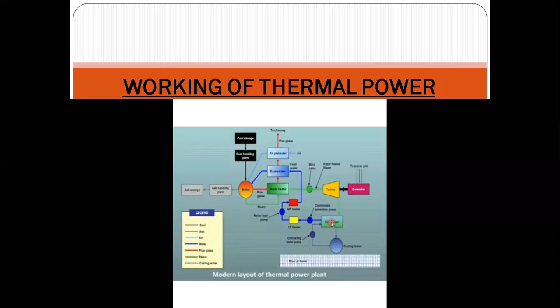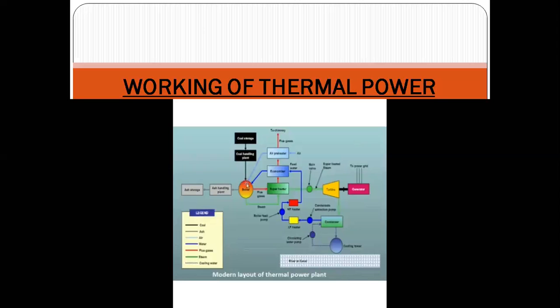So how the thermal power plant works, we can study over here. For combustion, to produce the steam, we require some fuel, and this fuel comes from the coal handling plant. The fuel which comes from outside goes to storage, where it is stored as per requirement. Thereafter it comes to the coal handling plant where it is first pulverized. Pulverized means it is converted into powder form, and then it passes to the boiler.